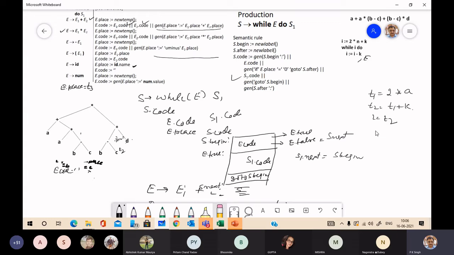Here you can write if T2 equal to I, go to the beginning.